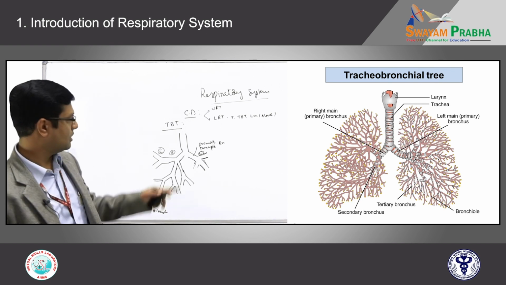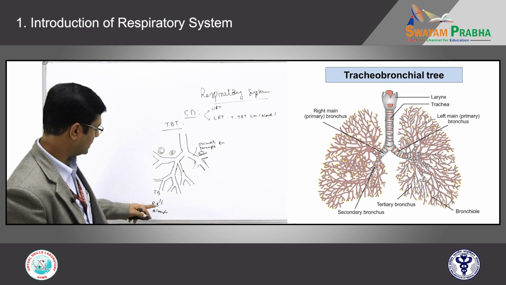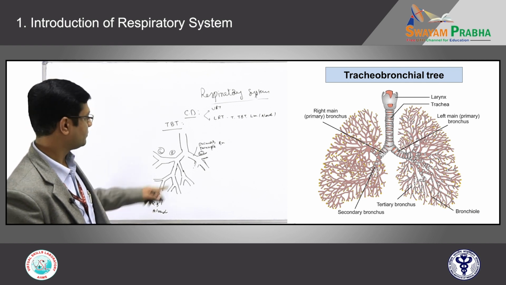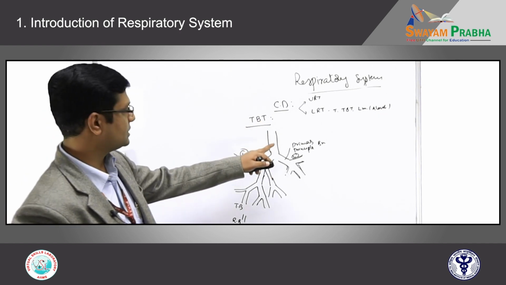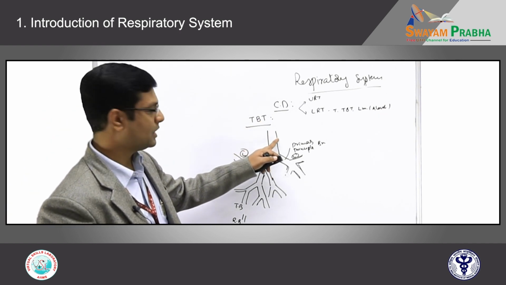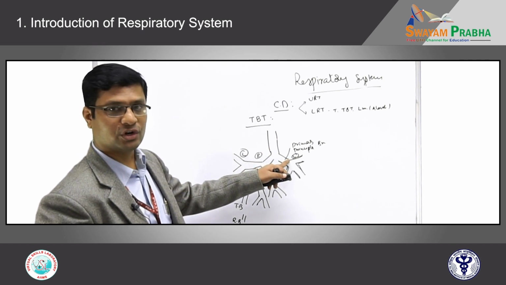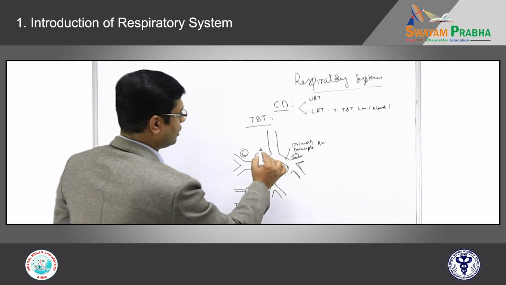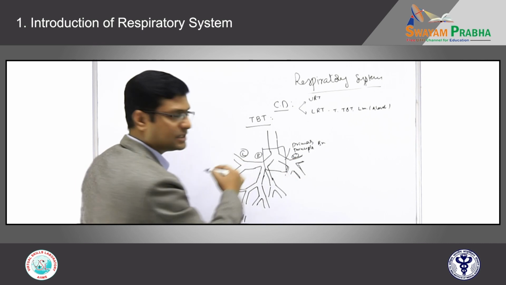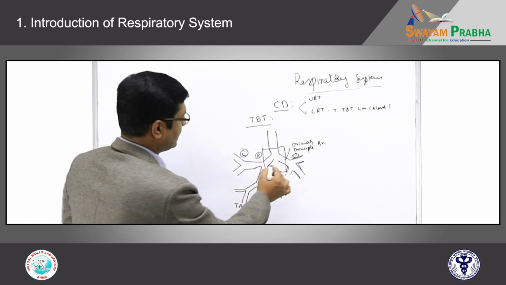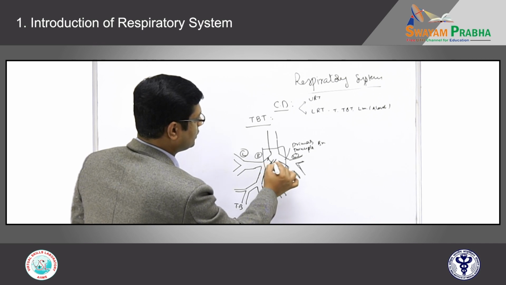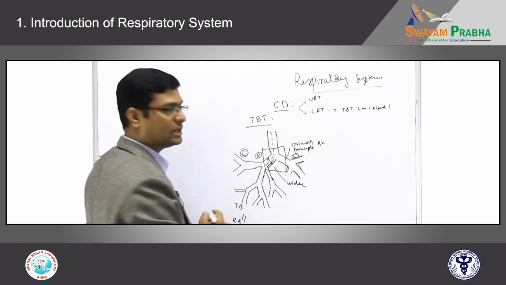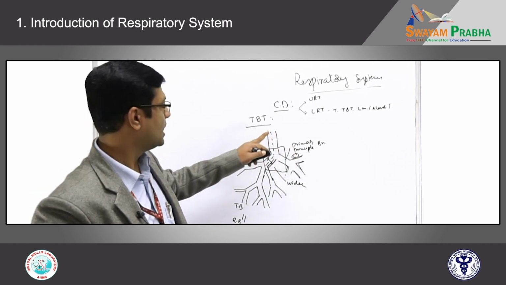The final part of the branching of the tracheobronchial tree contains the respiratory bronchiole. After that we have the alveolar sac. I repeat, the tracheobronchial tree consists of the trachea, the windpipe, and the right and left main bronchus, which we call the principal bronchus or primary bronchus. One thing all of you should remember is that at the level of the primary bronchus, the right main bronchus is wider and more in line with the trachea. Why is it important?